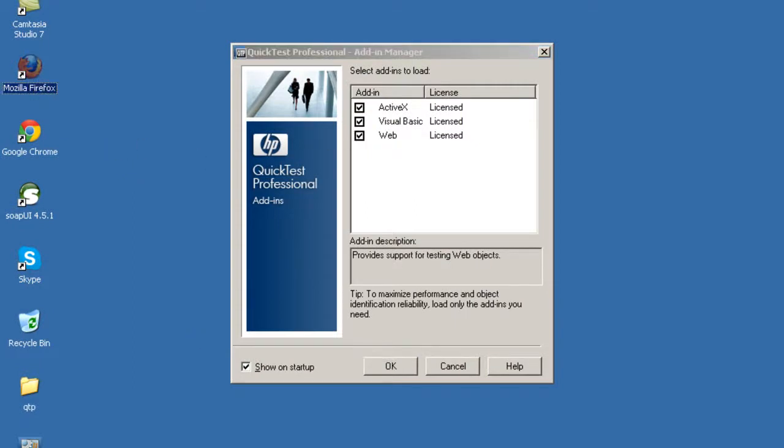Alright, so I'm having i6 with me because I'm using server OS. So in this training I'll be automating sites on Mozilla. Okay, now another thing is that this is the add-in manager. Right, in this all the add-ins which you selected while installing QTP will be present, but sometimes you